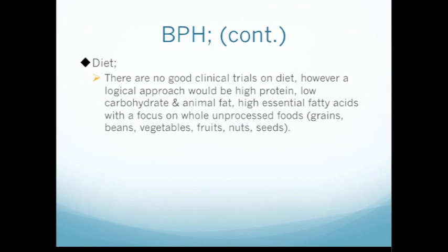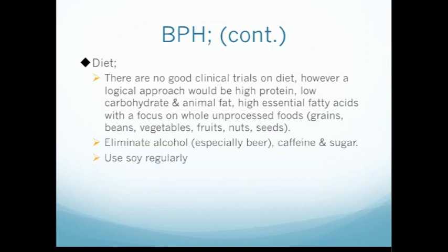Diet for BPH. There are no good clinical trials on diet. However, a logical approach would be a high-protein, low-carbohydrate, and animal fat diet with a high essential fatty acid intake, with more unprocessed foods, grains, beans, vegetables, fruits, nuts, and seeds. Elimination of alcohol, especially beer, and elimination or reduction of caffeine and sugar. And also regular use of